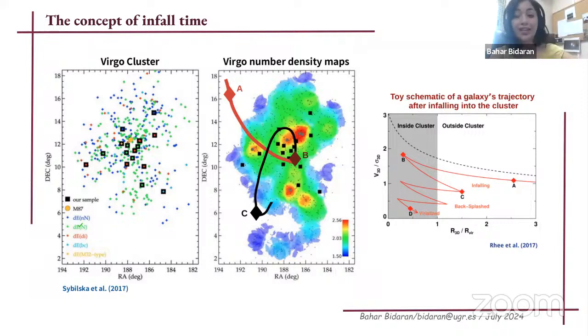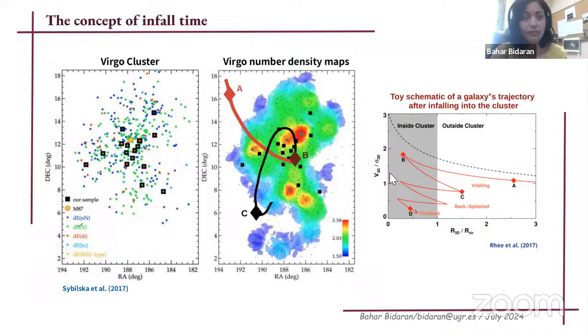So at different stages of infall to the cluster, the position of the galaxy changes on the phase space diagram. Let's assume you have a galaxy at point A. The first time it's going to fall into the cluster, so somewhere here. So from point A to point B, which is the first phase of infall, going from point A to the first pericenter passage into the core, the position of the galaxy on the phase space diagram changes from point A to